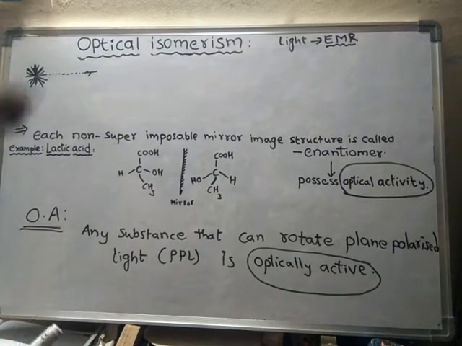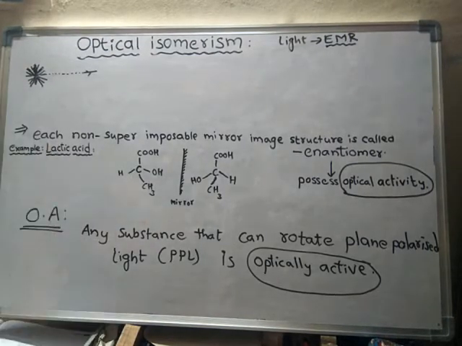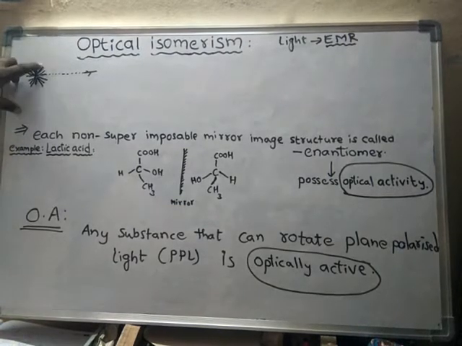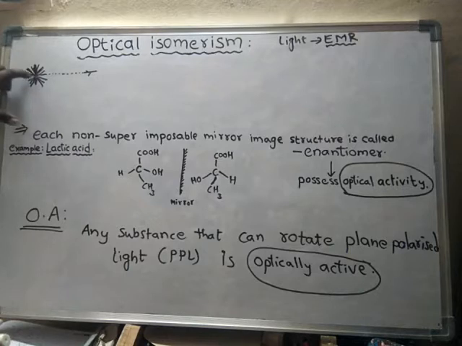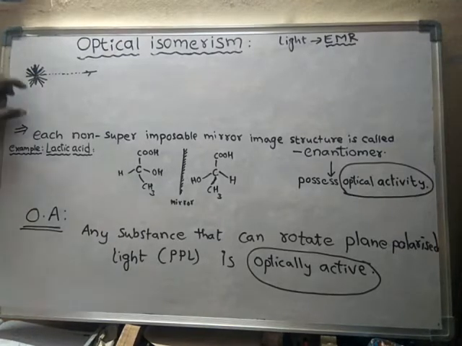So in this diagonal, the electric field and magnetic field keep on vibrating in different planes. That means this is the plane of vibration. These are all different planes where the electric and magnetic field will vibrate.